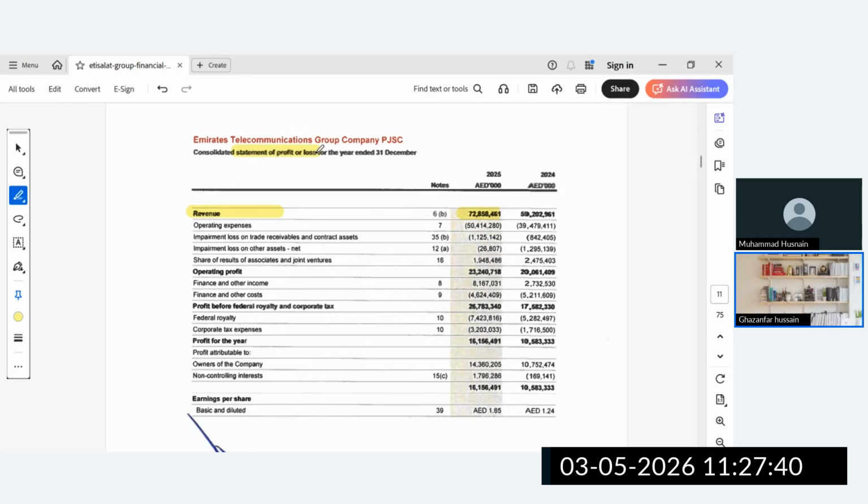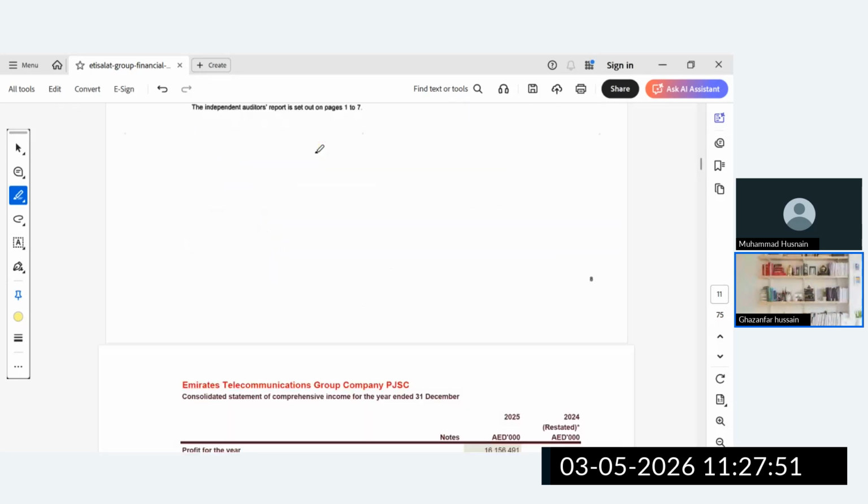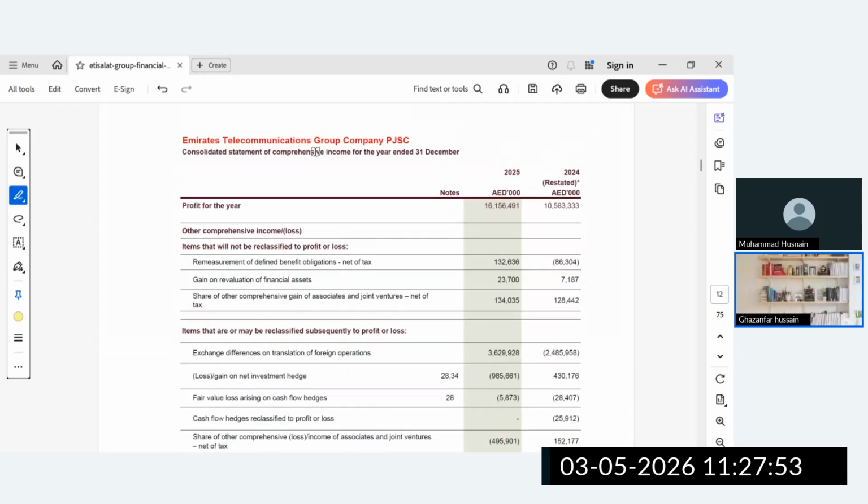Okay, so IFRS has these six parts of the financial statement. This is the statement of profit and loss. And what is this? Statement of comprehensive income. This is the second part. So here we have the other income, other comprehensive income. This is a very classic example. Why is it a classic example? It covers all the elements that we need for the practical understanding of corporate tax return filing.